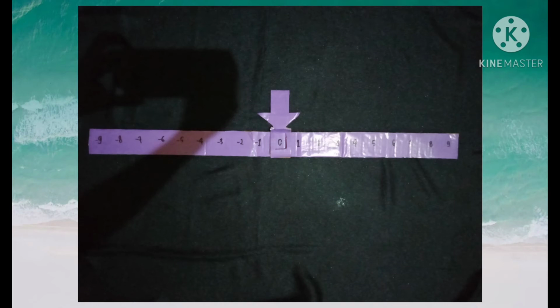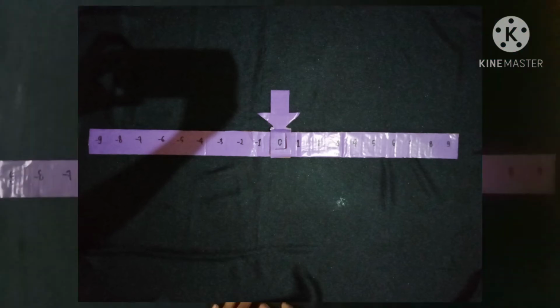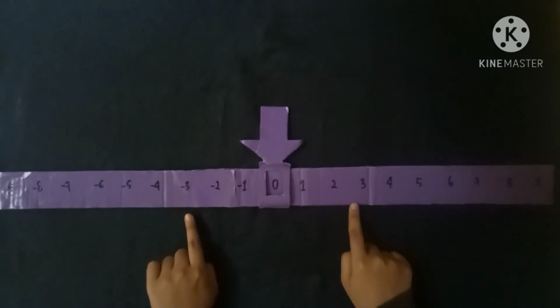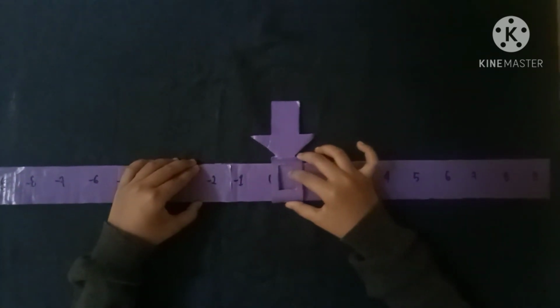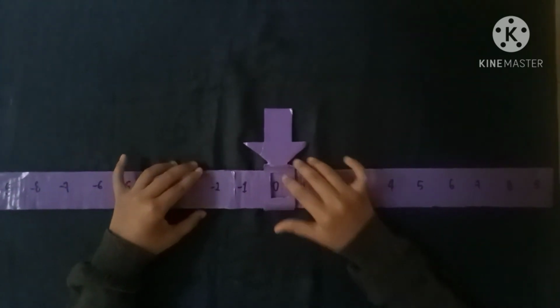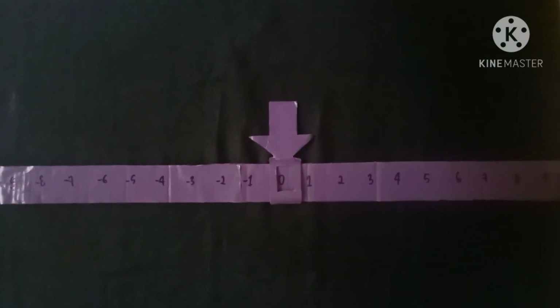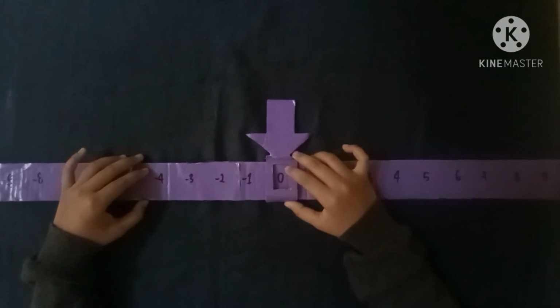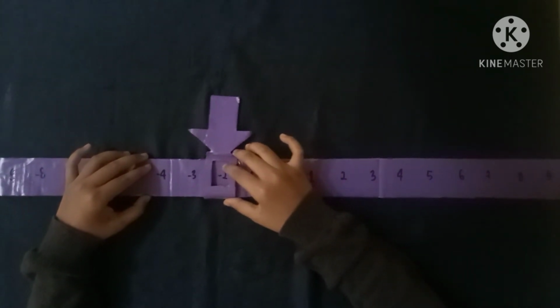3. For multiplication operation. To carry out the multiplication operation, there are several things to note. A. If the numbers are both positive or both negative, the arrow goes to the right and advances to the right. B. If one number is positive and one negative, the direction of the arrow is towards the left and advancing to the left.